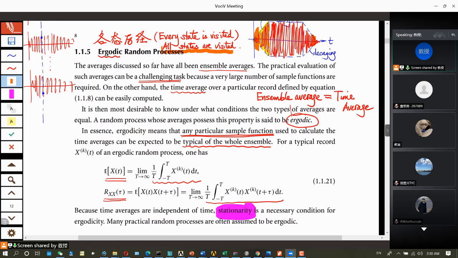Okay, so in this case, only the small states are visited in the build-up and the decaying phases. Only small states are visited, and